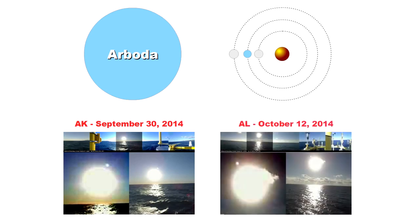The second time it was observed was from the Gulf of Mexico on October 12, 2014. As you can see, these 2 observations are of an object above the Sun at the 1 o'clock and 11 o'clock positions. We asked the guides for an explanation, and what they told us is that there was a span of nearly 2 weeks between these observations,